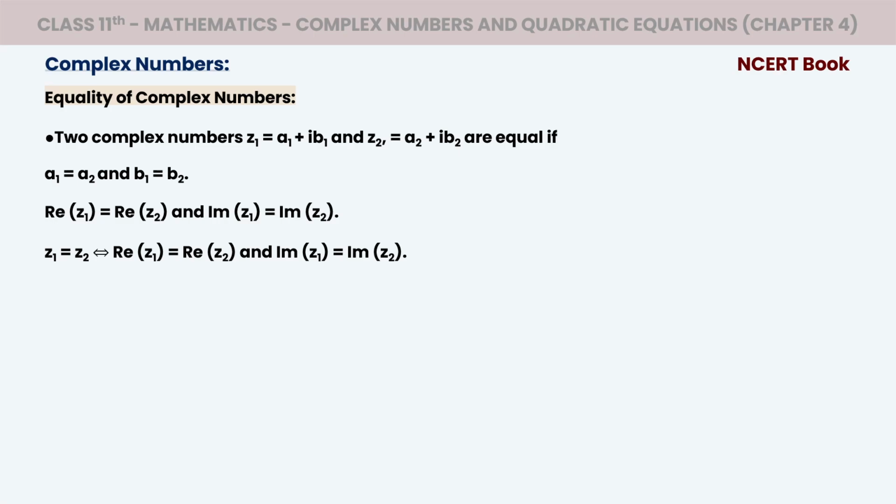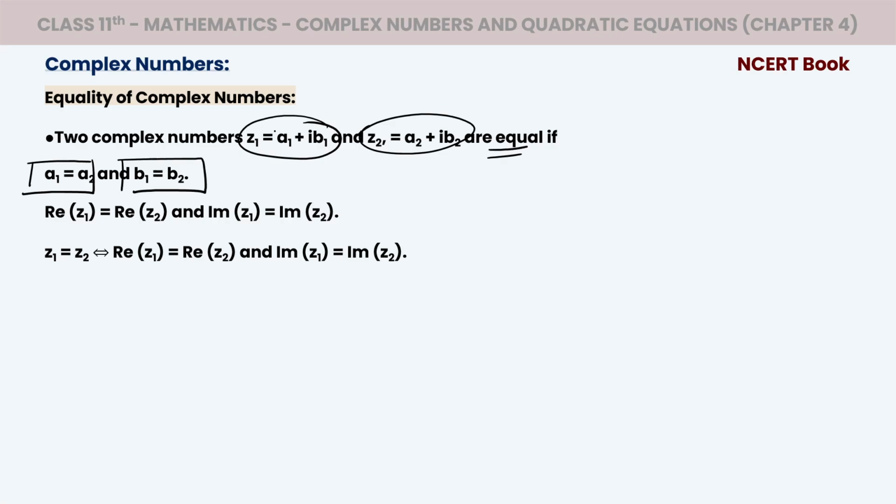We are equating complex numbers. So here two numbers we are considering: z1 equals a1 plus iota b1, and z2 is denoted by a2 plus iota b2, right? You took any two numbers, so when will they be equal? When we say these are equal, there is a condition for it. What is that condition? a1 should be equal to a2 and b1 should be equal to b2,